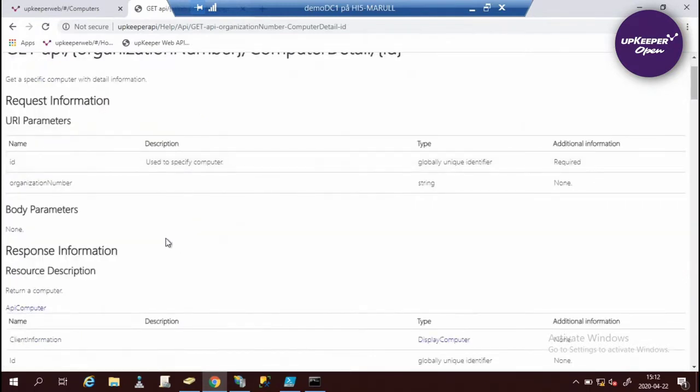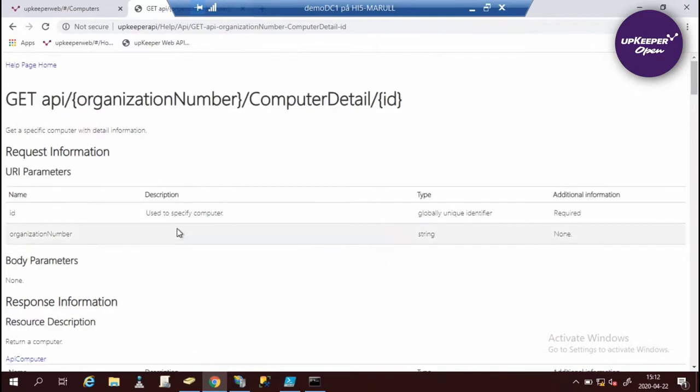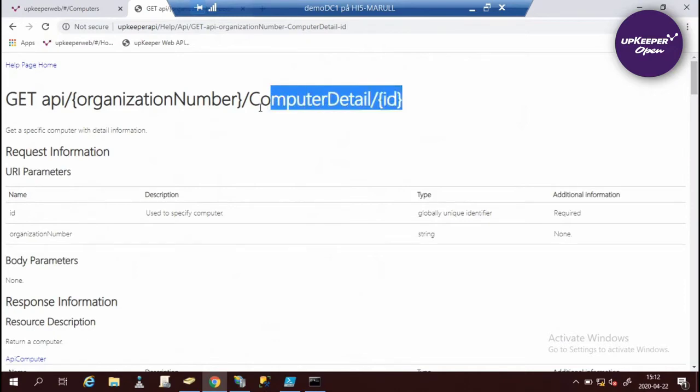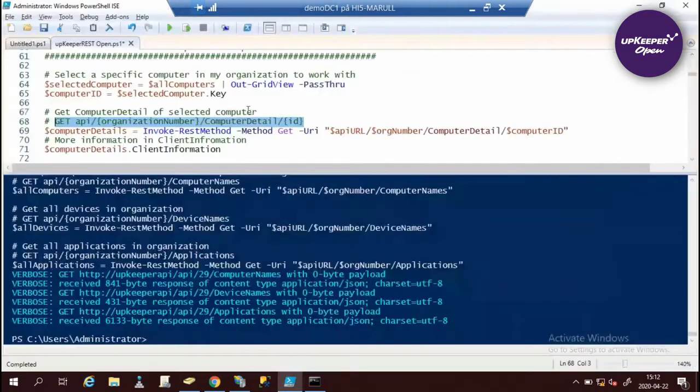Okay, so this is a pretty simple request. We only need to provide it as it says here. There's no need of a body with additional information. So if I pick out one of these computers,